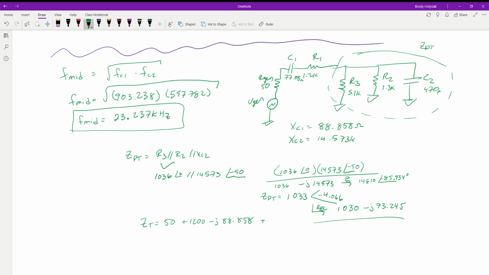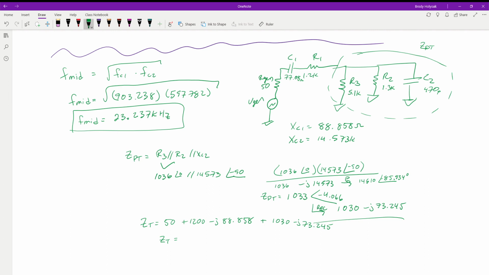Then we're going to add the 1030 minus J 73.245. We combine all that together, all of our real numbers and all the imaginary values, and our Z total comes out to be,